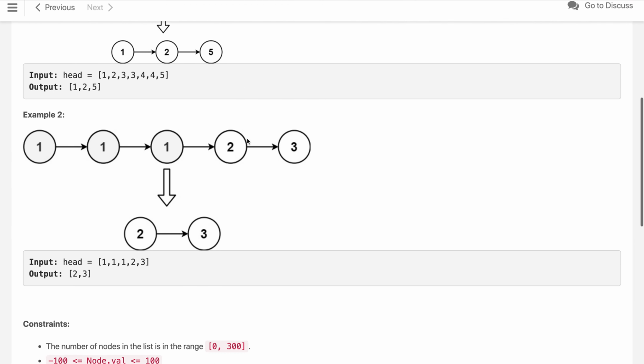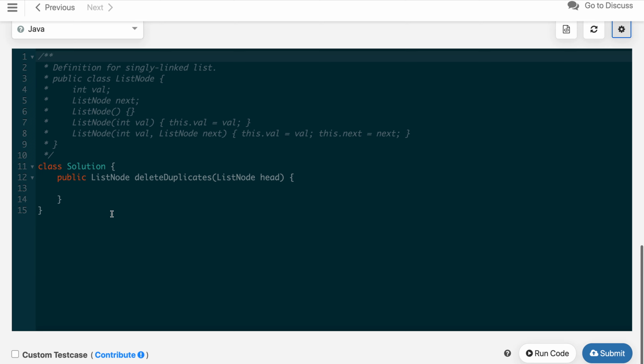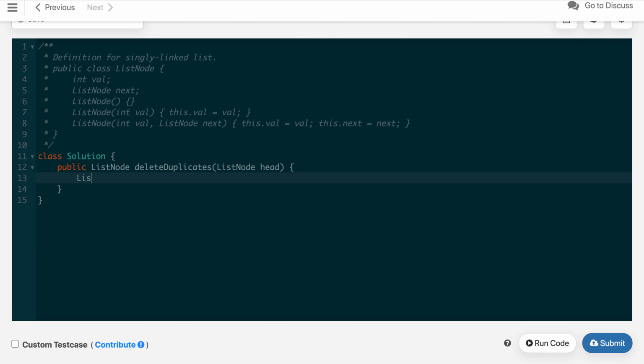Let me start the implementation of the code, and I will also explain more here. For the code, we first create a dummy head, or sentinel node, as a new ListNode with value -1, and we also create a previous node from the dummy head itself.